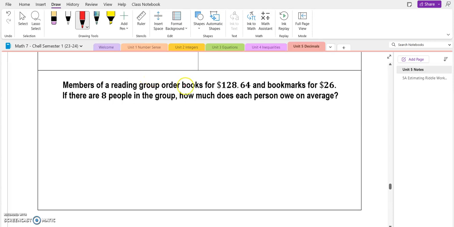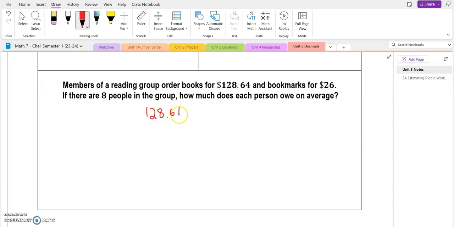Alrighty, members of a reading group order books for $128.64 and bookmarks for $26. If there are 8 people in the group, how much does each person owe on average? So first of all, they bought a bunch of bookmarks and a bunch of books for this. So we need to find the total amount of money they spent first before we can do anything else. So that's